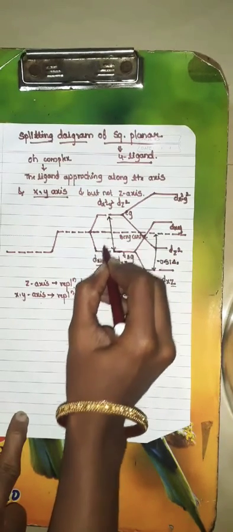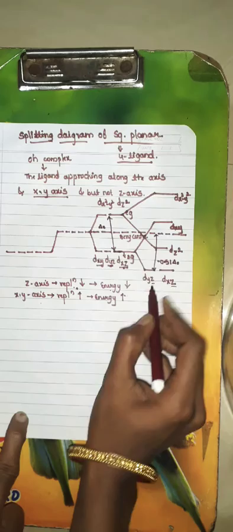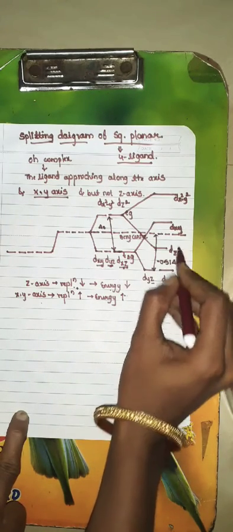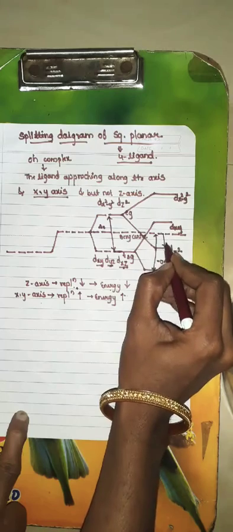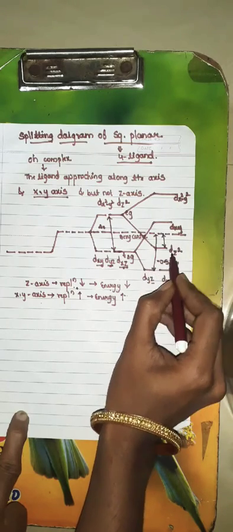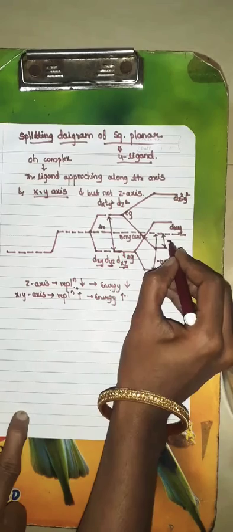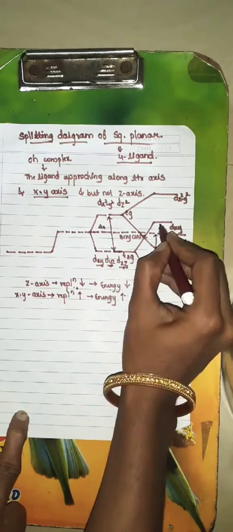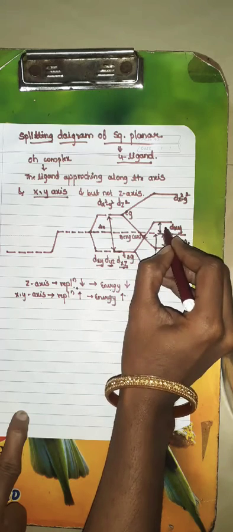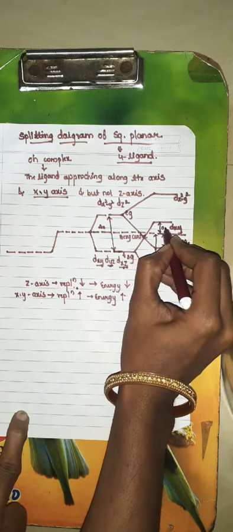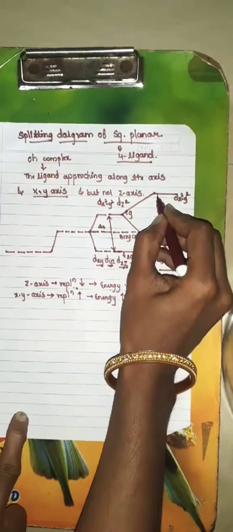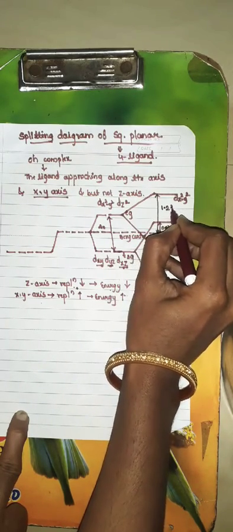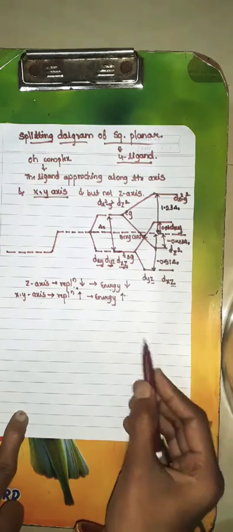The total energy difference is delta naught, and this energy difference is minus 0.51 delta naught, and this energy difference from barycenter to dz square is minus 0.43 delta naught, and this energy difference is 0.23 delta naught, and this total will be 1.23 delta naught. This is the splitting diagram of